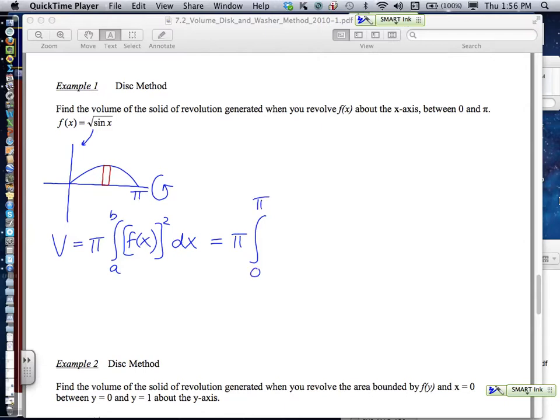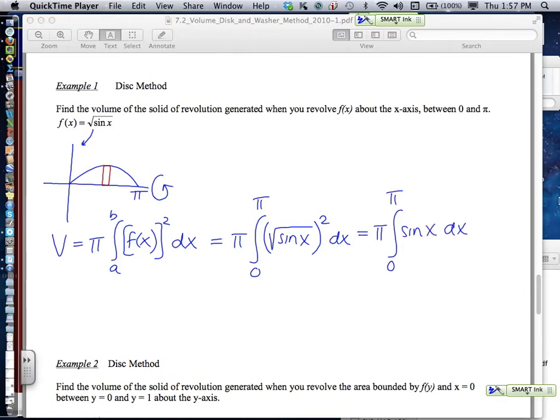And then we have the square root of sine x. For a lot of these, they set it up so the integration is not too challenging for you. So when you square the square root, you're just back to sine x. So we have pi times the integral from 0 to pi of sine x